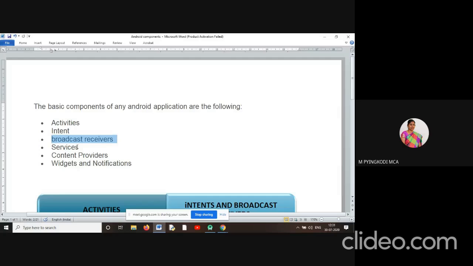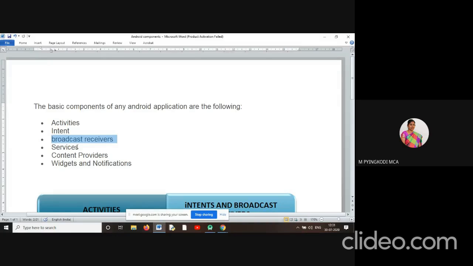So it deals with the system events. Is it clear? It deals with the system events, not our user events. It deals with the Android OS system events.